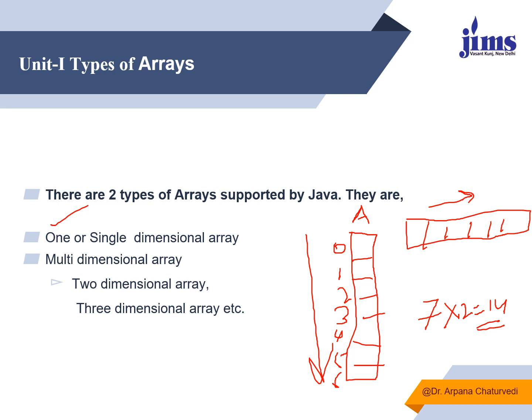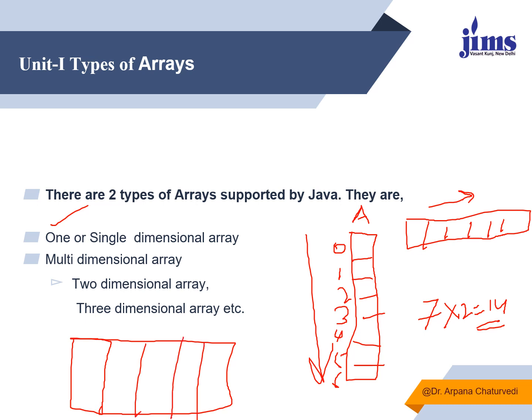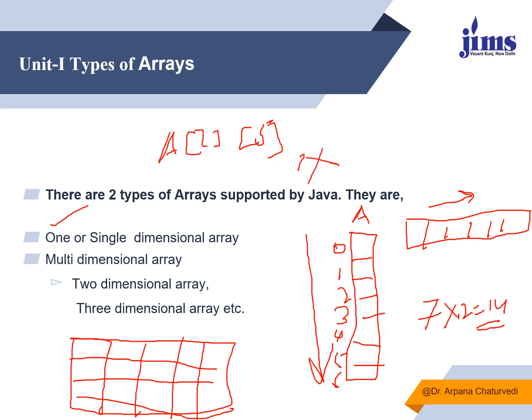There can be multidimensional arrays also, which have more than one dimension, that is either 2 dimensions or 3 dimensions. When there is a combination of rows and columns together, we say that it is a 2 dimensional array. Similarly, if there are more than 2 dimensions, then we say it's a 3 dimensional array. A 2 dimensional array we declare in this way, with 2 subscript positions, and the total size will be 7 into 5, and a 3 dimensional array we declare with 3 subscript positions,